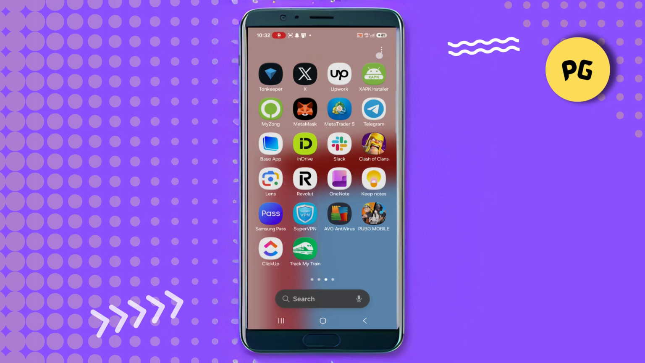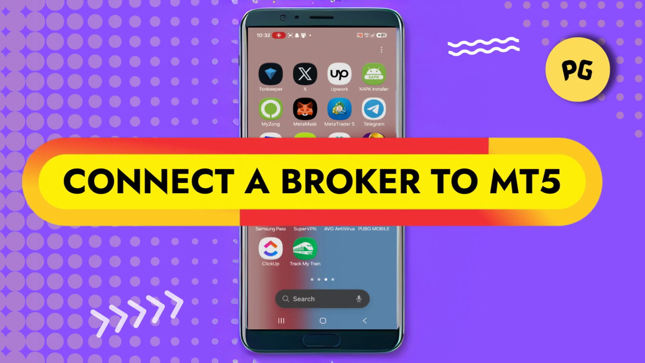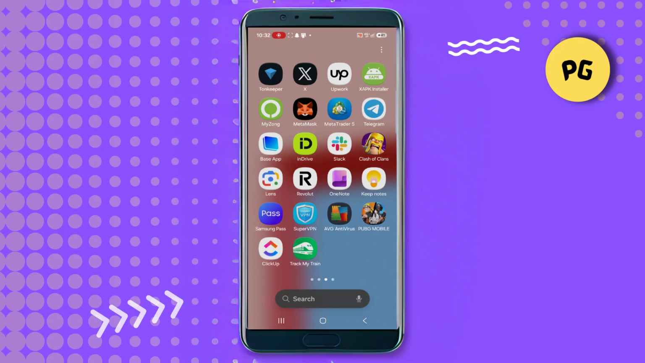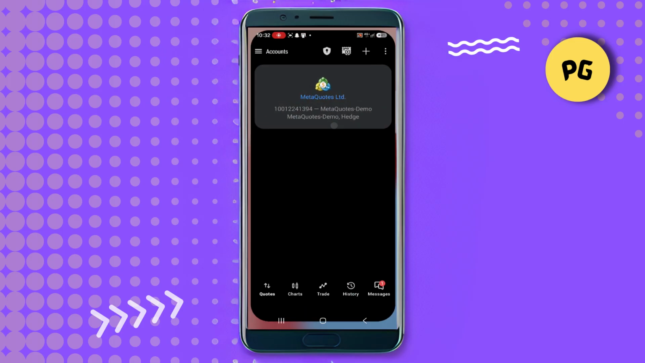Hey guys, in this video, I will show you how to connect broker to MetaTrader 5. Alright, so let's begin. First, open the MetaTrader 5 app on your device and make sure you're on the main